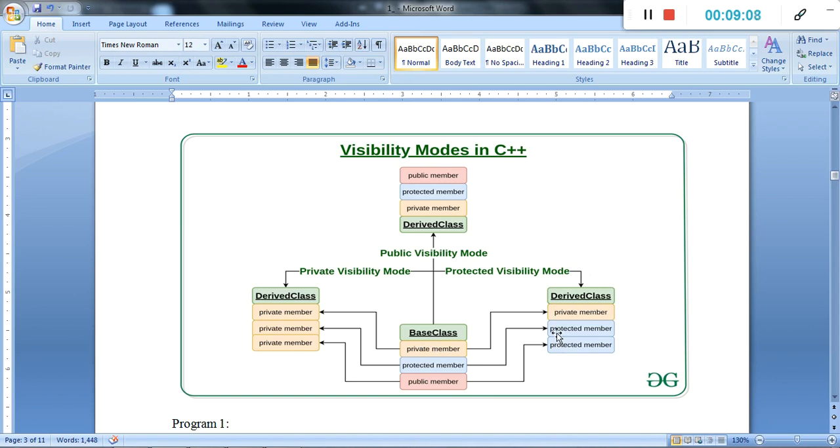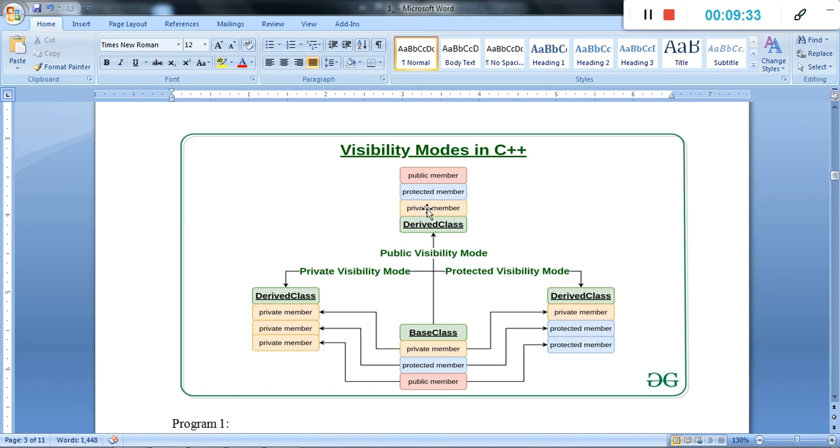If a base class is defined with private, then what will be the process? Consider first public: the base class is public to the derived class. Then what will be the process?